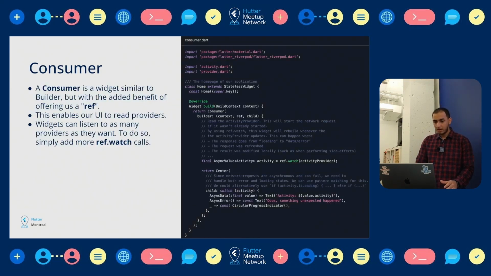So before that, how do we render this on the UI? We have quite a few widgets. We have Consumer first. It's quite similar to Builder, but it has an added ref, where we can call our providers. In a single Consumer you can call as many providers as you like. You just need to add ref.watch in the Consumer, and in this example I have ref.watch on the activity provider, fetching the activities, and